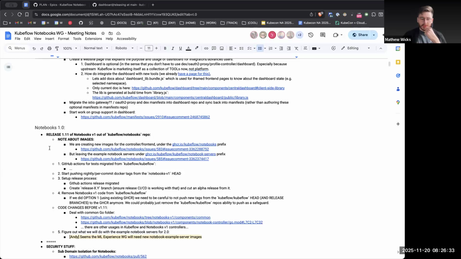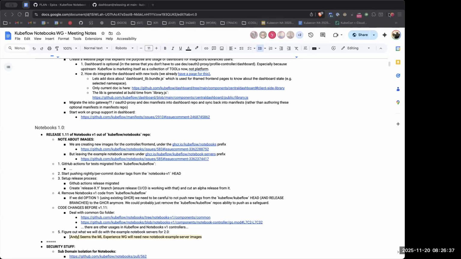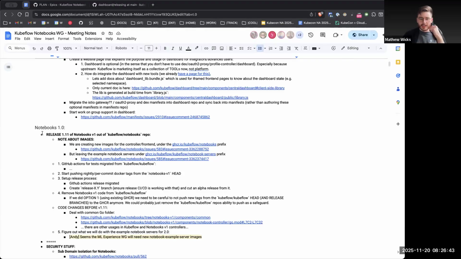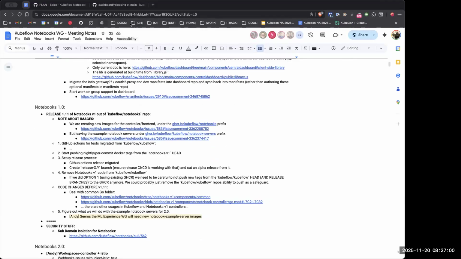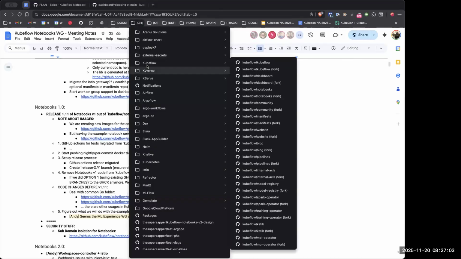So the notebooks 1.0, obviously, we're trying to cut a release out of there. Liav is the one running this. Okay. Yes. So obviously the goal is to cut a release that is actually just the same as the old one, maybe with a few patches on the notebook images, but how far are we away from that? As I said before, we have most of the language upgrades in most of the components.